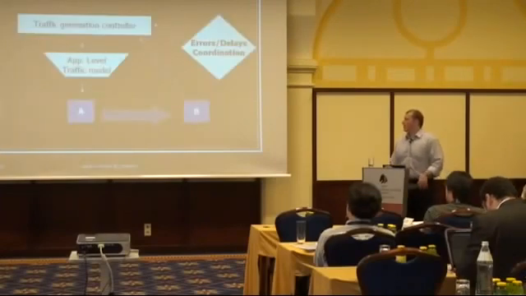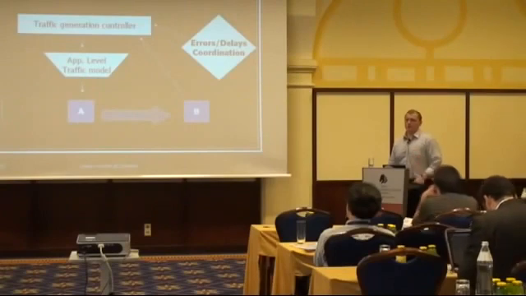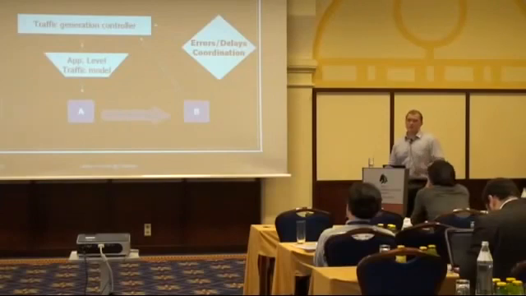So in our model, we have something like a three-level architecture. We have a model for traffic generation, which is tied to the violators model in the case of malware, or the user model in the case of legitimate traffic. We need an application-level traffic model, which will shape the amount of communication between software on the network, the way it looks on network protocols,